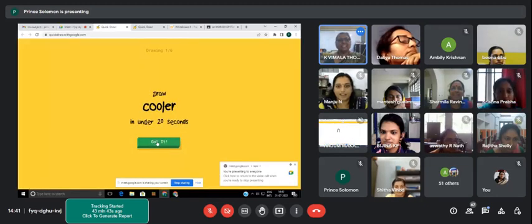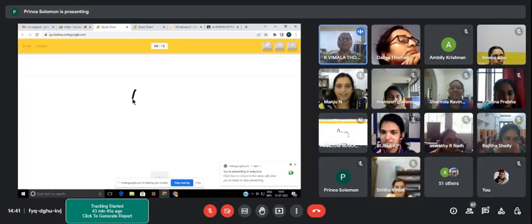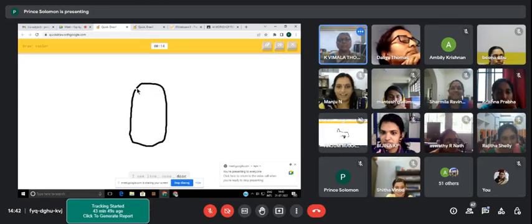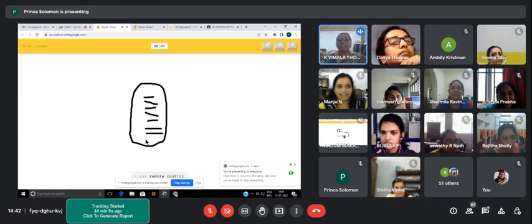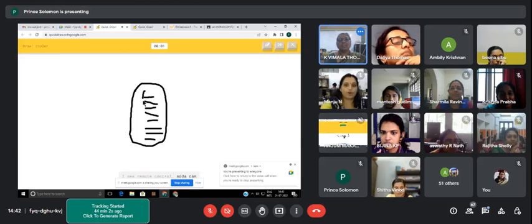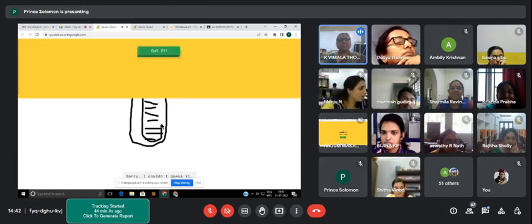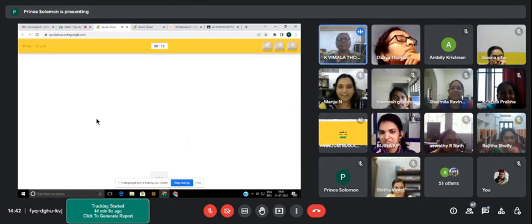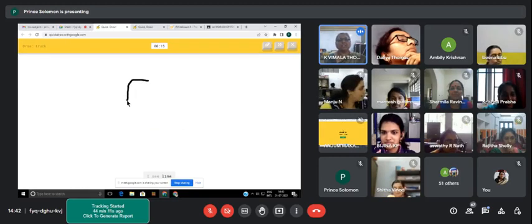Yes. Good. You have to draw the cooler. When you are drawing the cooler, the machine should sense that it is correctly drawn. That is what is happening here. Like our human brain, when we see an object, we identify it correctly or not. Whether it is a cooler or a cage, within 20 seconds you have to do it. If it is not, it will ask you to draw the next picture. Next picture is a truck.